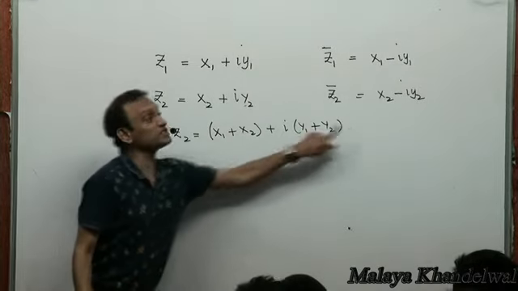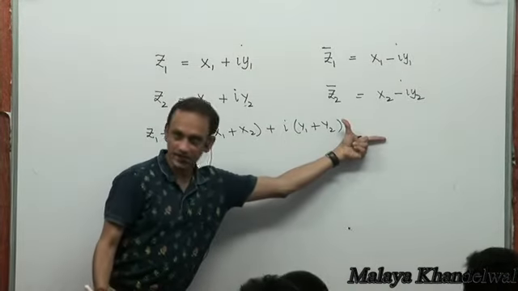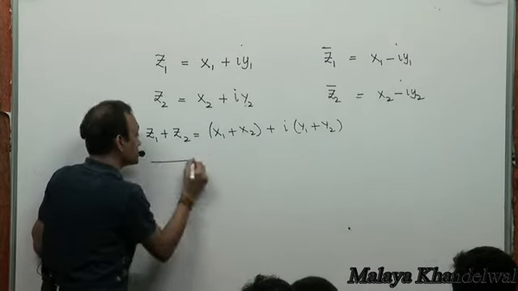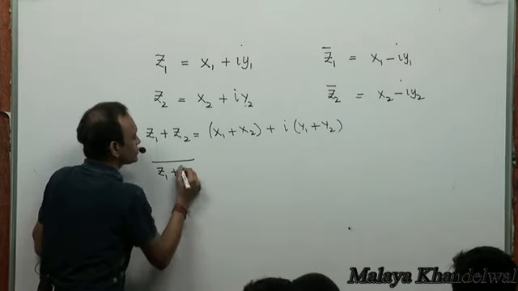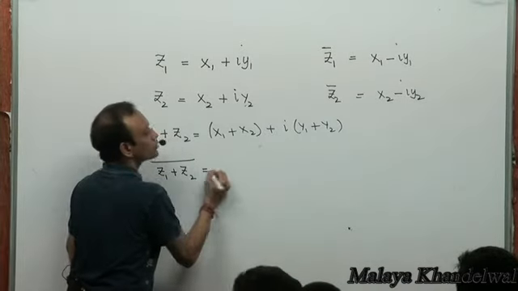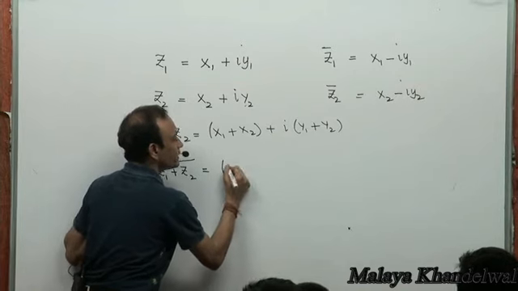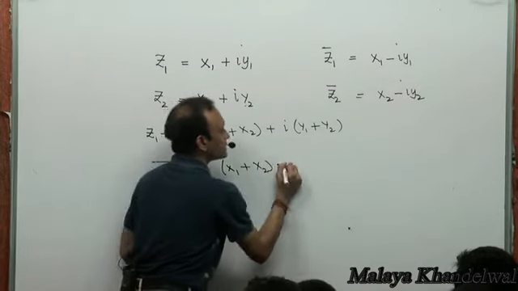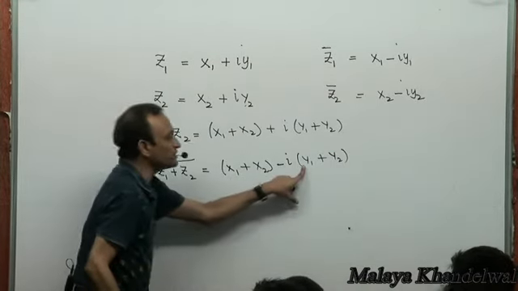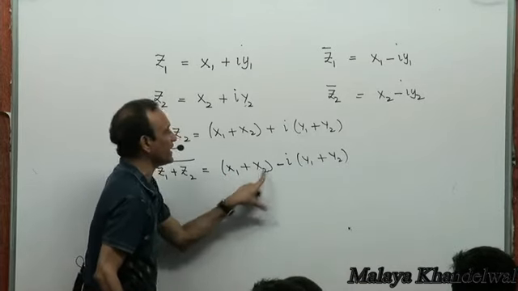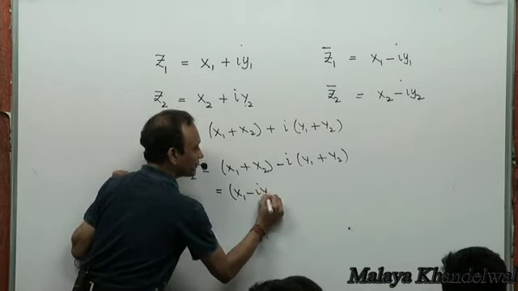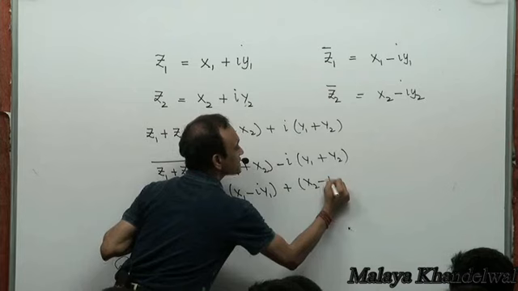So the sum of two complex numbers is a complex number a plus ib. Yes or no? Right? Now, if I have to take the conjugate of this complex number, bar of z1 plus z2, that's going to be, just change the sign here. So that's going to be x1 plus x2 minus i into y1 plus y2. Yes or no? Now let me rearrange terms, x1 minus iy1 and x2 minus iy2. So this is like x1 minus iy1 plus x2 minus iy2.